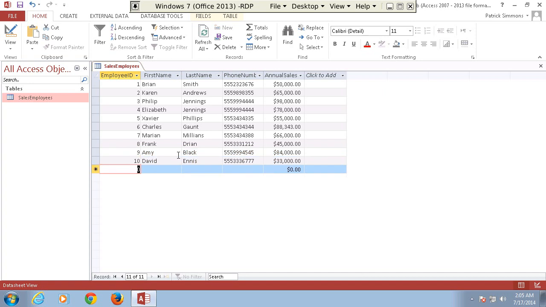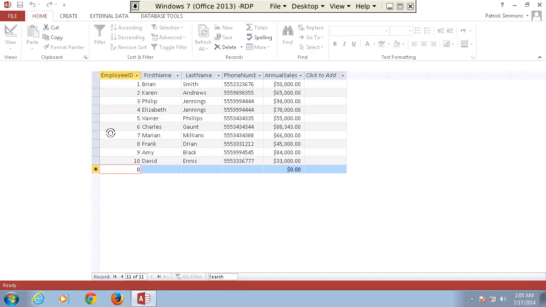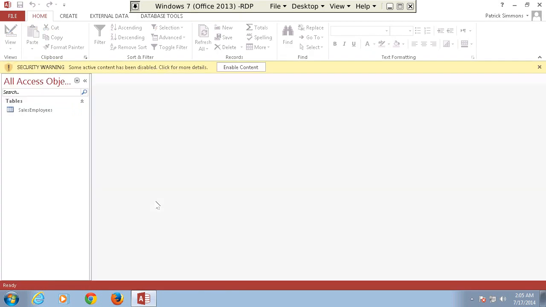Alright, so we've got our sales employees now. So that table is done. And by the way, to save this, yes, click save, but in order to really save the database, you have to go here and go to compact and repair. Compact and repair does some